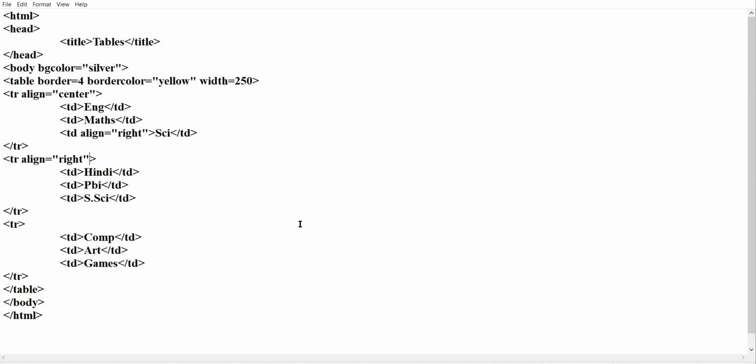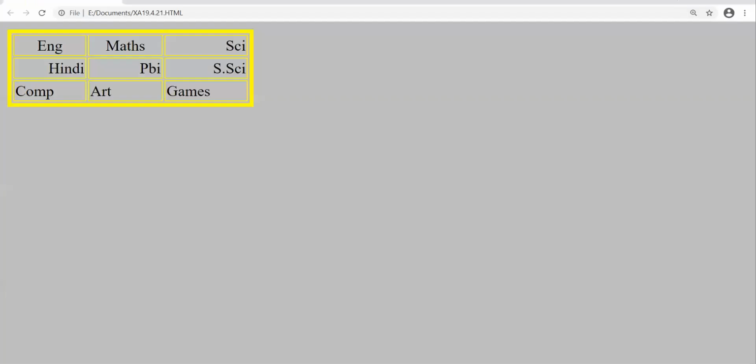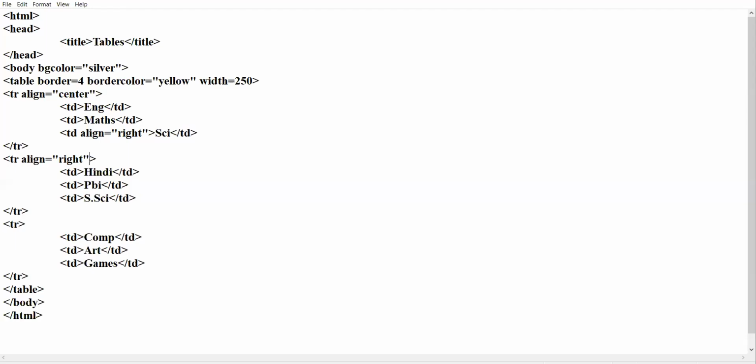Whenever you are creating the header row, you need not give the align center value, because inside the header row, the data is automatically aligned in the center, and the header row is automatically bold. Just see this table. The data is very normal. Nothing is bold.